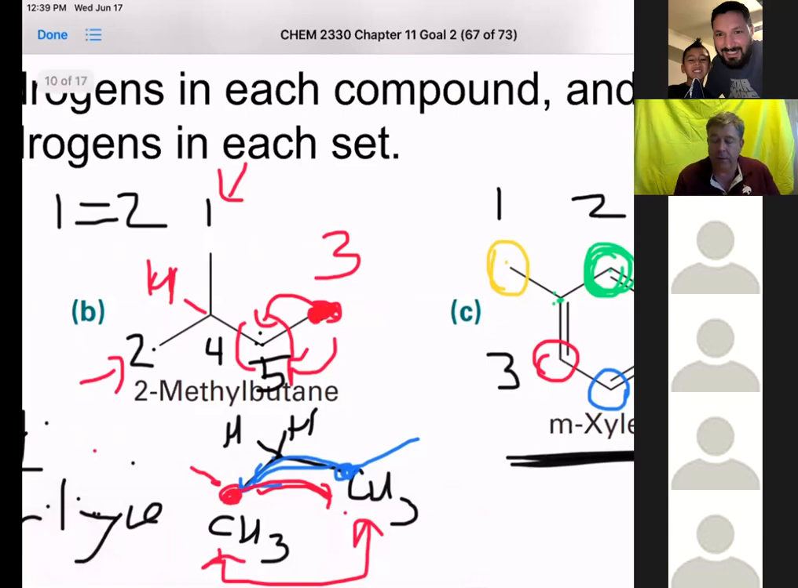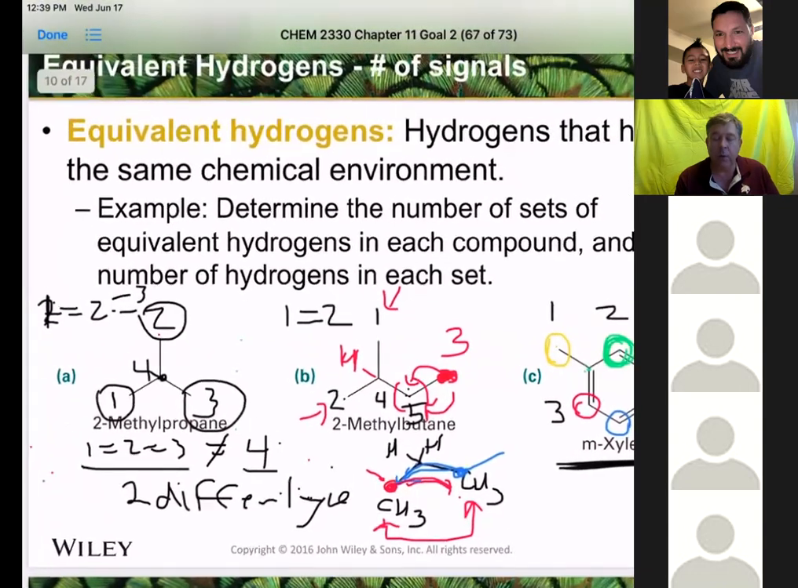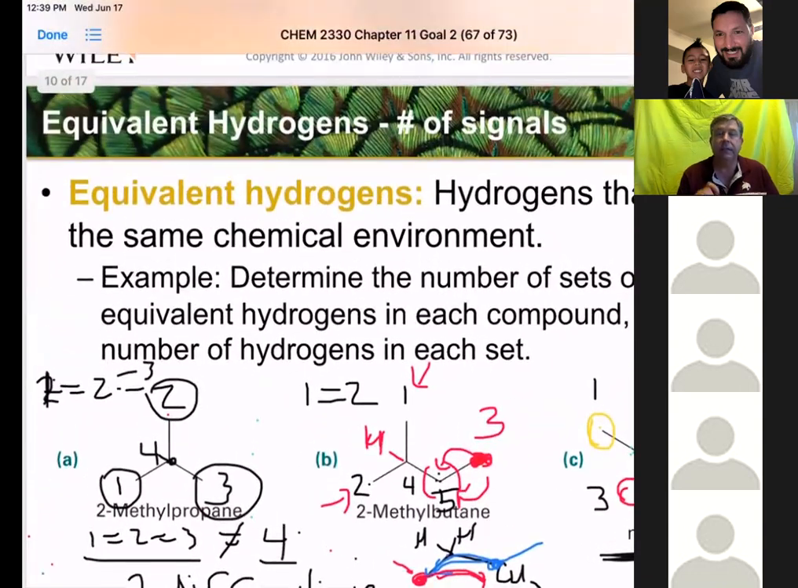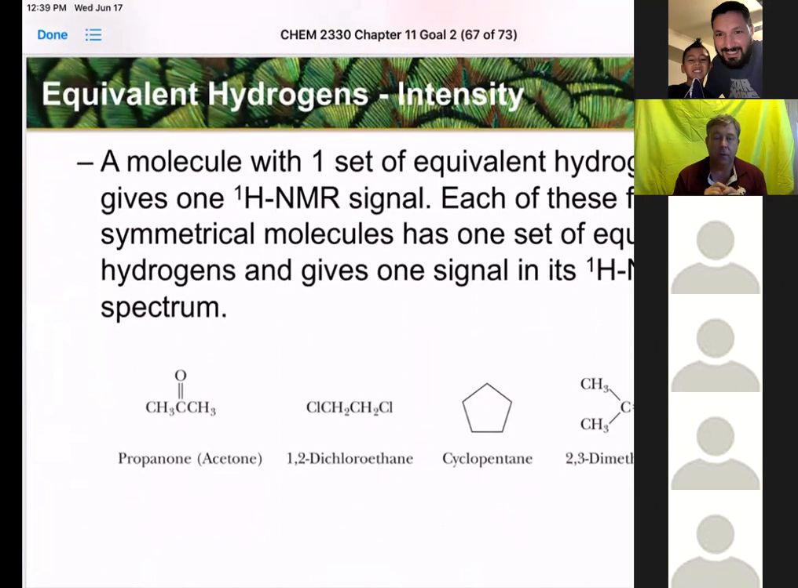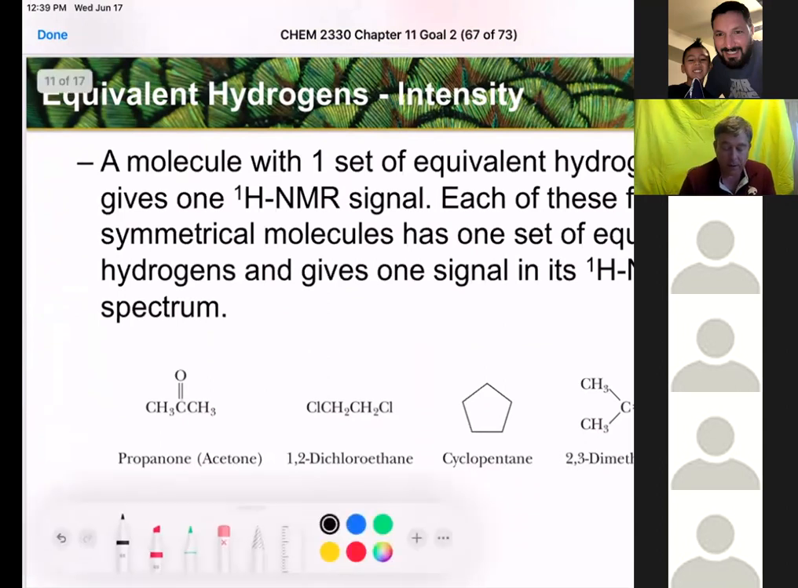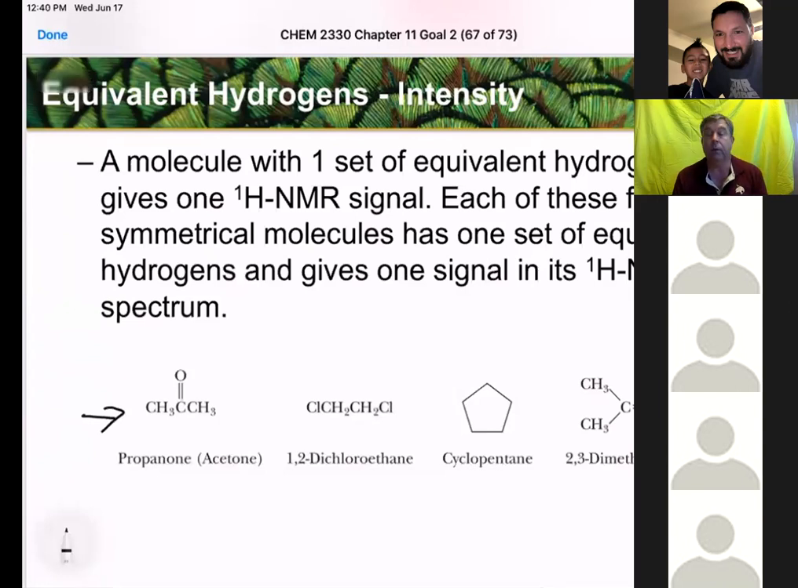Okay, so now all we did here was look for equivalent hydrogens. Equivalent hydrogens equal the number of different signals, okay? So now let's talk about the intensity. If your hydrogens are the same, then when we do the intensity, we should get that exact number of hydrogens. So let's look at intensity as a function of how many hydrogens we have that are the same. In the case of this compound here, propanone, commonly known as acetone,